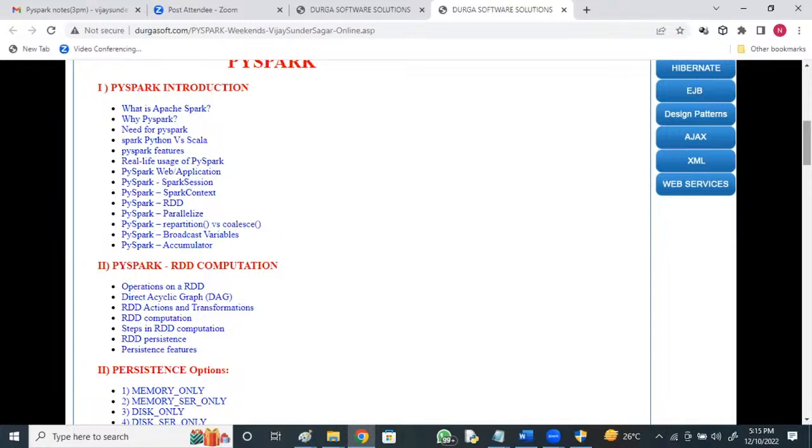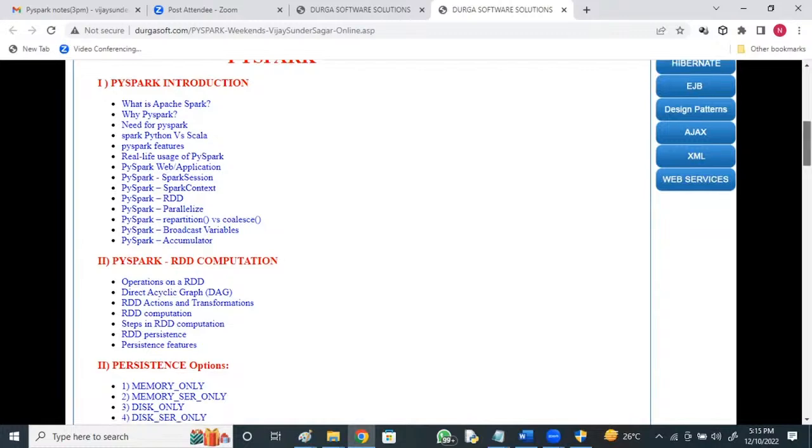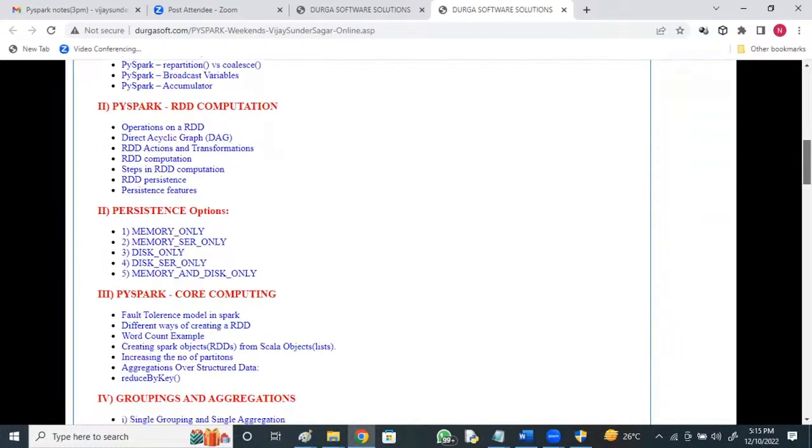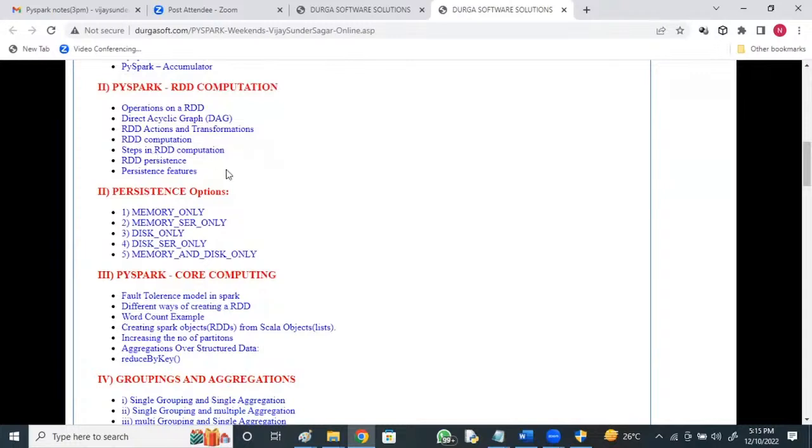Very little code, simple syntax, and many modules, a wide variety of modules, are available for it, and we can easily go for interactive mode. Here you see why Spark is needed, PySpark sessions, PySpark context, Spark context, and PySpark RDD, parallelizing, repartitioning, broadcast variables, accumulators, and RDD computations and RDD persistence features,